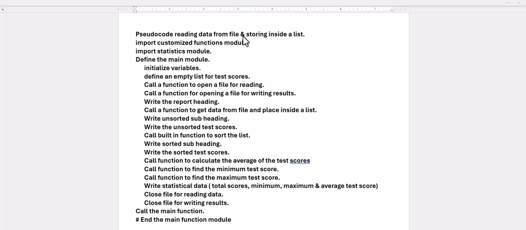Pseudocode for reading data from a file and storing inside a list. Okay, so in this pseudocode, we're going to read data from a file and store inside of a list. We will import customized functions module. We will import the statistics module. We will define the main module, which would include initializing variables, defining an empty list for the test scores, calling a function to open a file for reading, calling a function to open a file for writing the results, write the report heading, call a function to get data from files and place them inside the list,